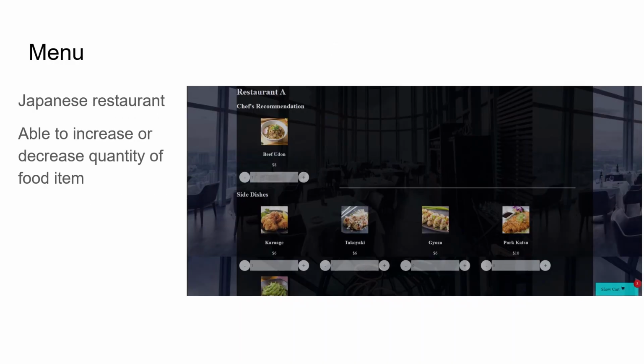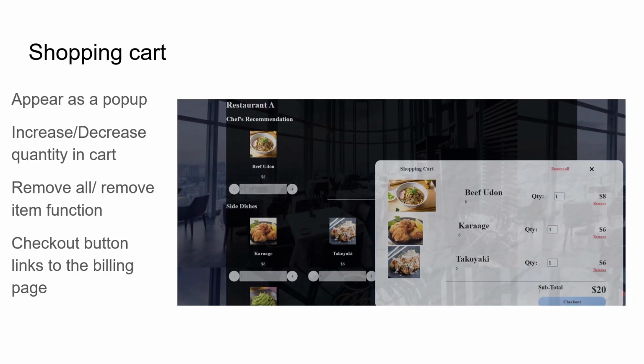So this is what the menu looks like. For example, this is a Japanese restaurant. So thus they have the interfaces. So the user is able to increase and decrease the quantity of the food items using the selection below. So once they have made the selection, the shopping cart will appear as a pop-up and the user will still be able to adjust the quantity and also add the remove function if they need to remove a certain item from their cart. Once they have made their decision, they can click the checkout page which will link to